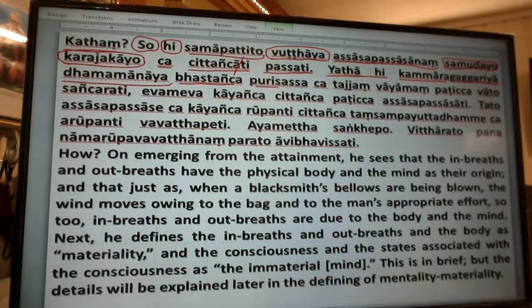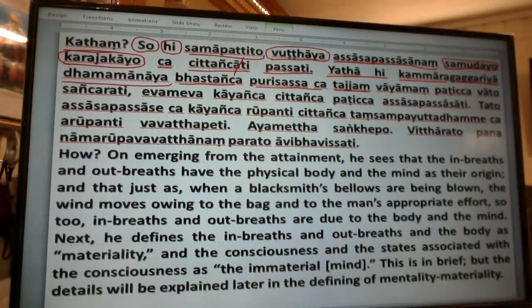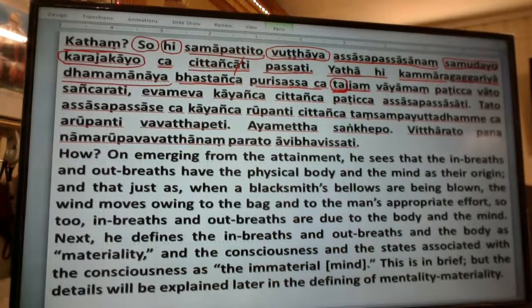Pasadencha Purisasa. Purisasa is the person who makes that kind of blowing. Taja. Ta refers to the wind, air. Taja means ja is making, producing the air. To produce air,